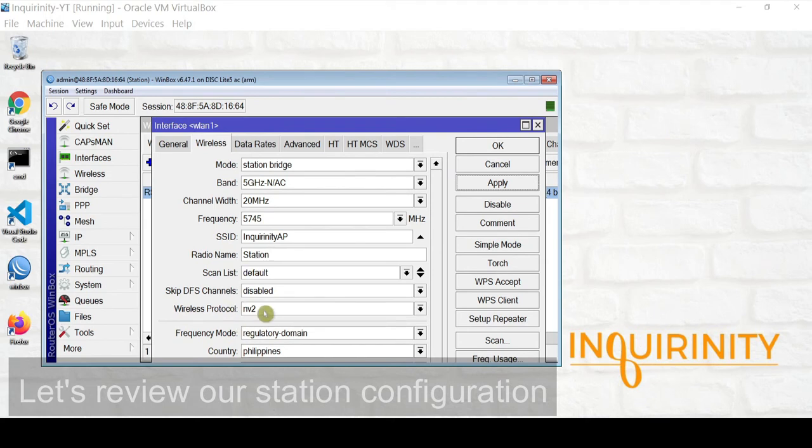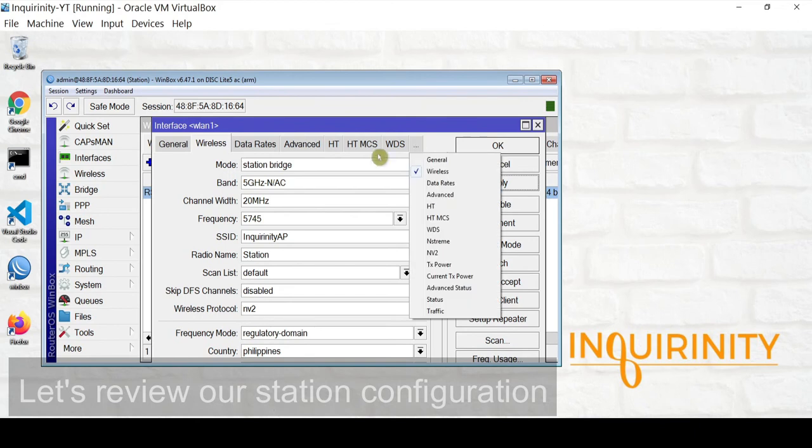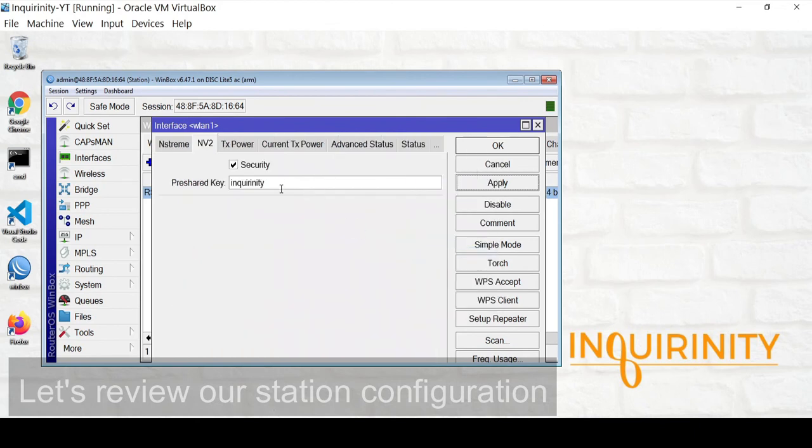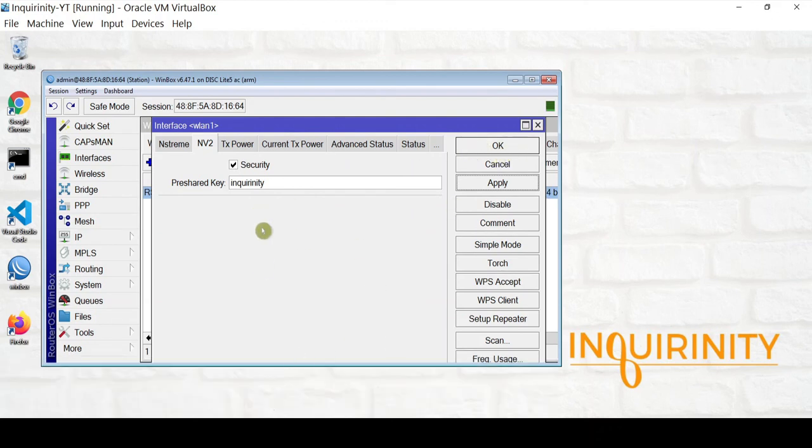And we are running on the wireless protocol NV2. The frequency mode remains regulatory domain. Our country is Philippines and we have also chosen the installation as outdoor. And we have added the NV2 pre-shared key here. And let's click OK